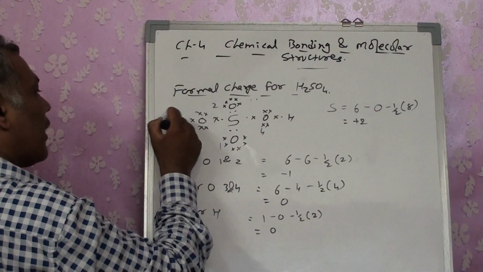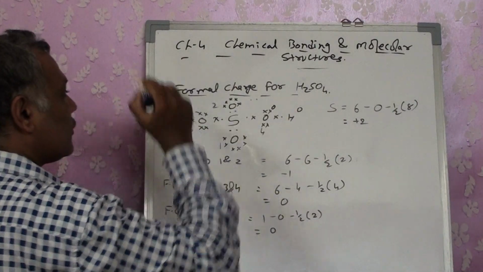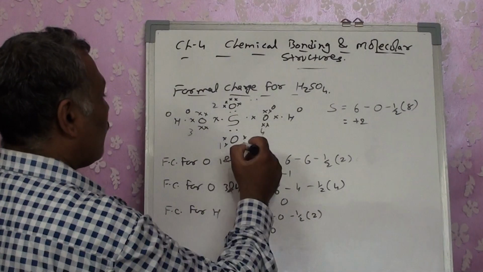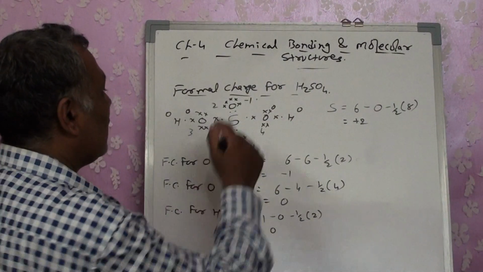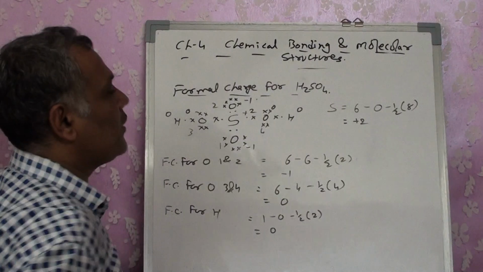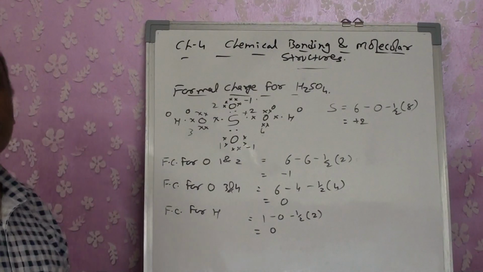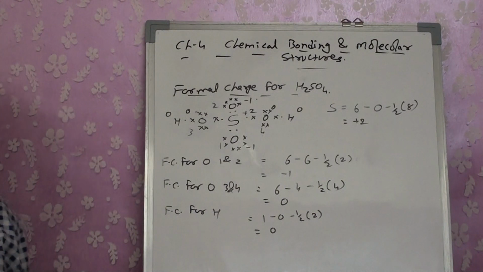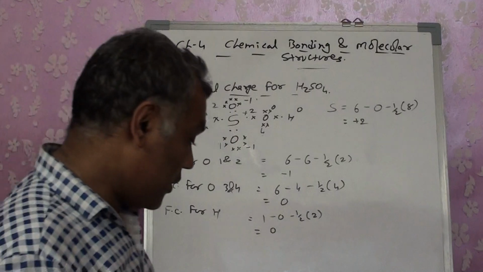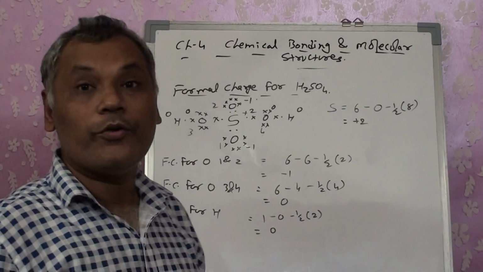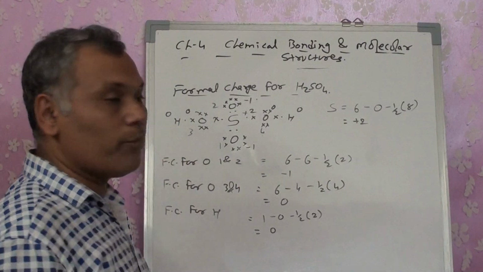So see, for hydrogen you get charge 0. For third and fourth oxygen you get charge 0. For first and second oxygen you got -1. Whereas for the sulfur you got +2. So overall if you calculate it, the charge is 0. So that is the formal charge that we are getting for the compound. Or you can calculate it similarly for any given compound.